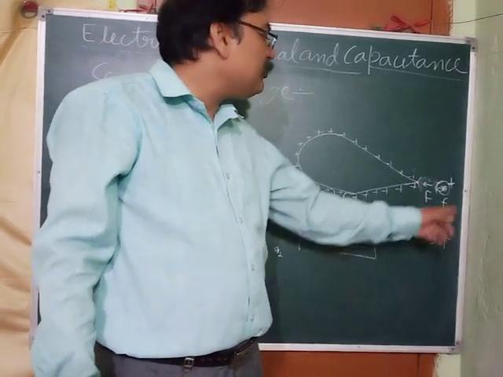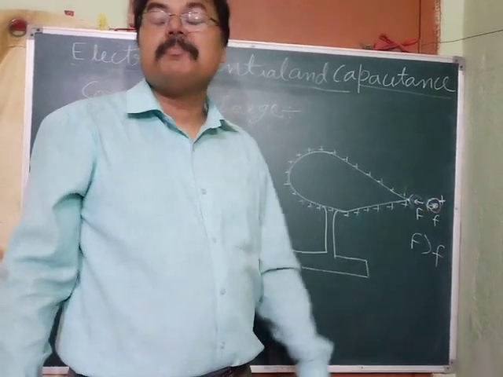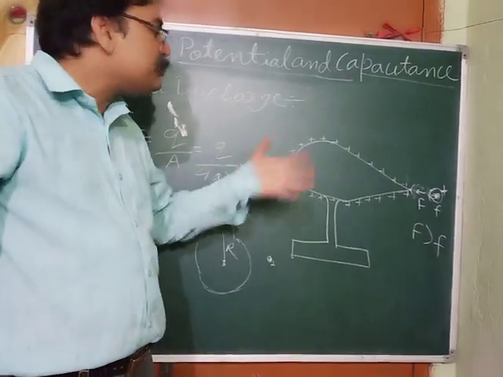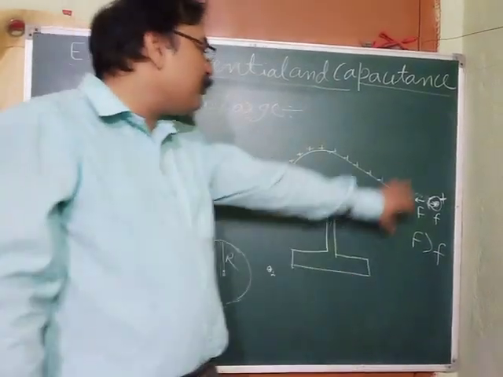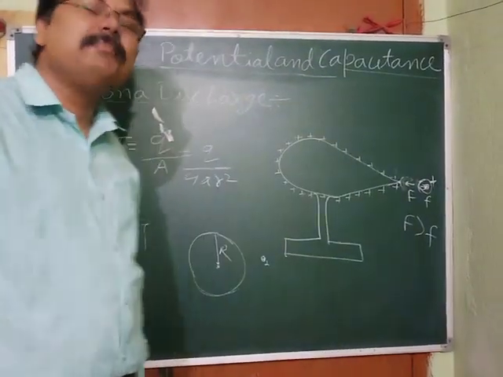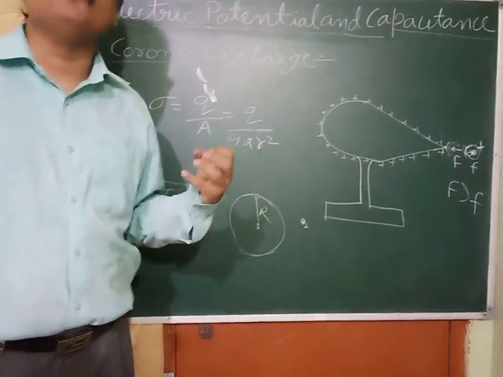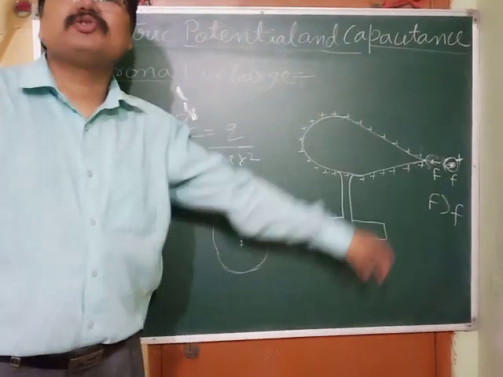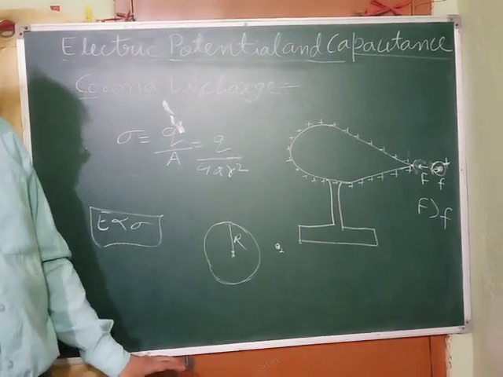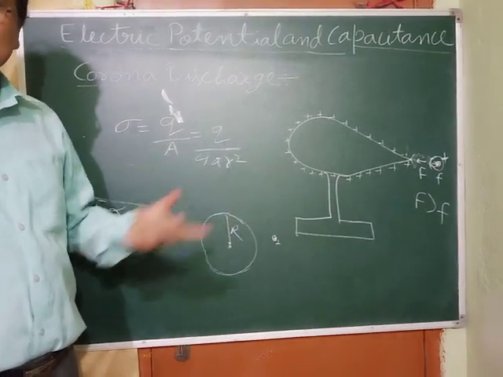And in return, what did you get? Here, the air atom or the gaseous atom present in the air got positively charged. In this way, the leakage of charge, as we also call it, keeps on taking place. The atoms of gases present in the air become charged ones, and this keeps on leaking the charge unless the potential becomes very low due to the less presence of charge over it. Clear? Understood what is corona discharge? Why the discharge takes place? Why the charge gets neutralized, and how it gets neutralized?